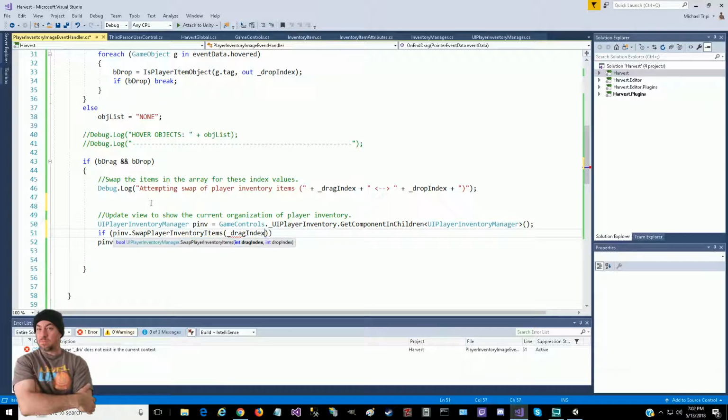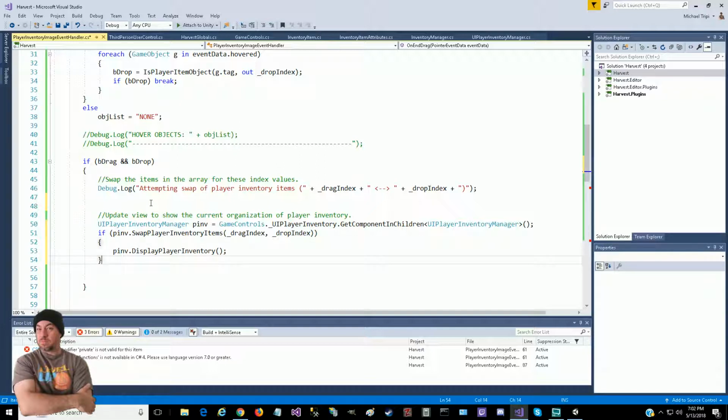That could be a problem. Underscore drop index. Okay, so if we, and I could have created a variable here, a bool, bSuccess equals pInventory dot swap player inventory items, drag